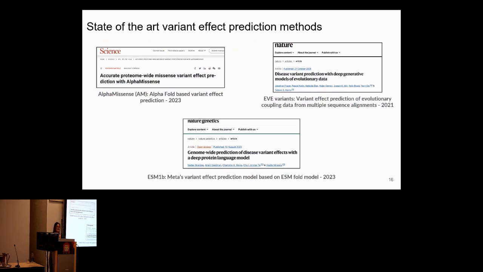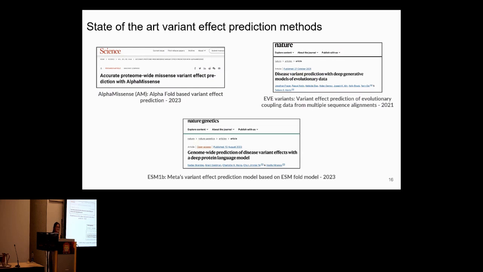But then we wanted to give ourselves another really hard problem, and we wanted to see if we just change one amino acid on a protein-protein interaction, whether that mutation would disrupt the interaction or not? So we shifted our gears to the missense mutation perturbation context. There are several state-of-the-art models in this field of variant effect prediction, such as AlphaMissense, which is an AlphaFold-based